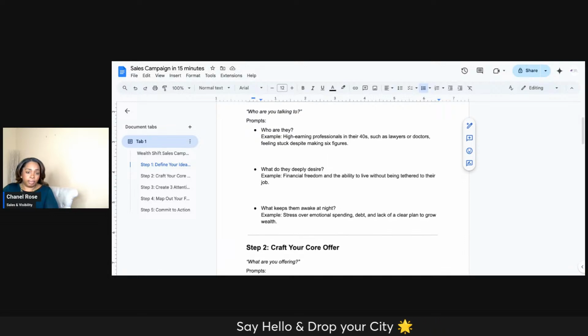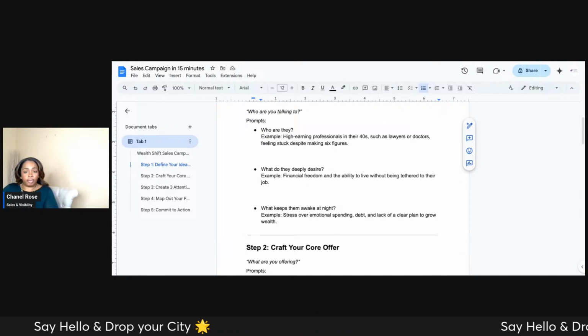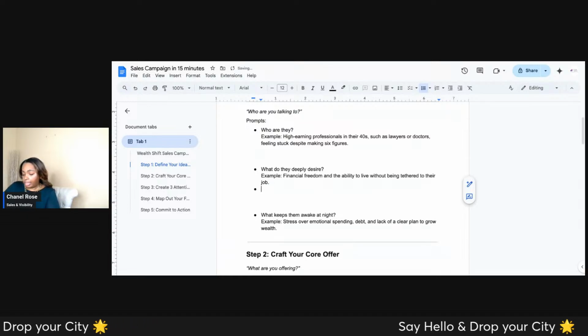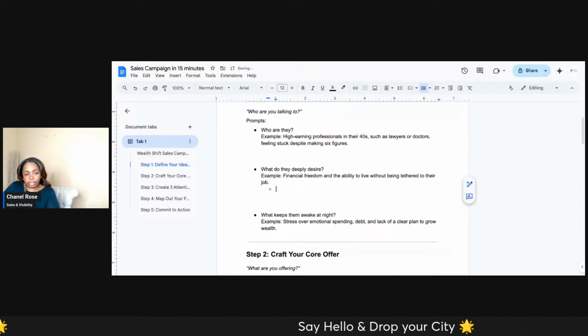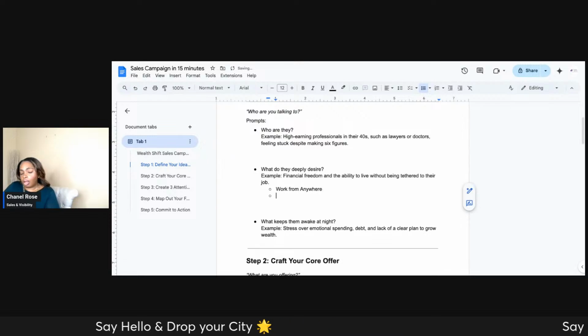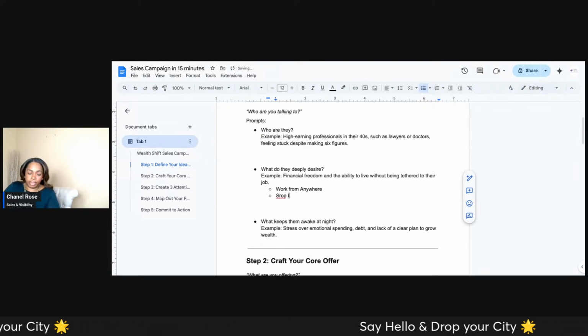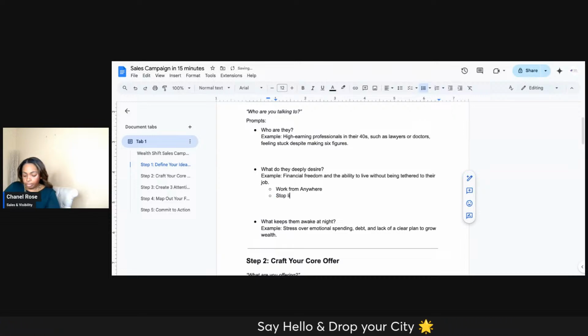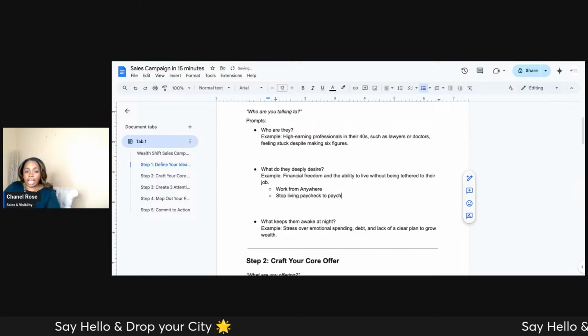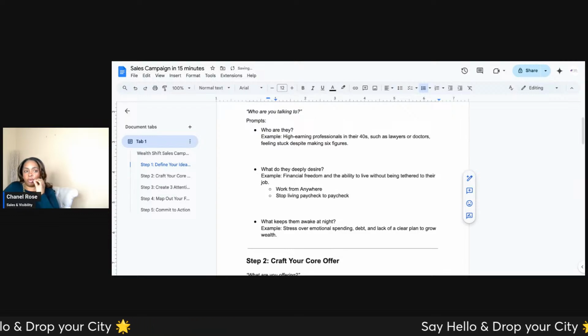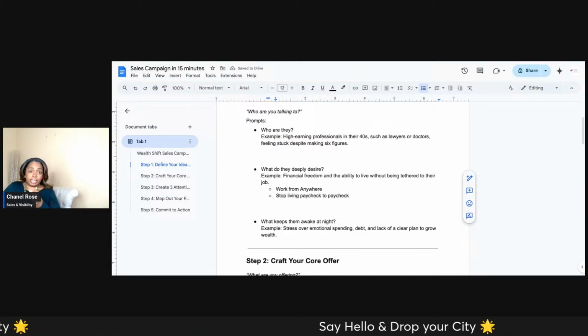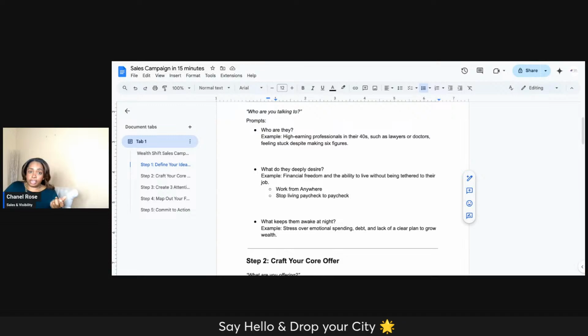Okay. What do they deeply desire? Financial freedom, the ability to live without being tethered to their job. Let's see. I want to also, let's do this. Work from anywhere. They will also love to stop living paycheck to paycheck. I cannot tell you how confused people are when they realize that making $100,000 doesn't mean that you are debt free